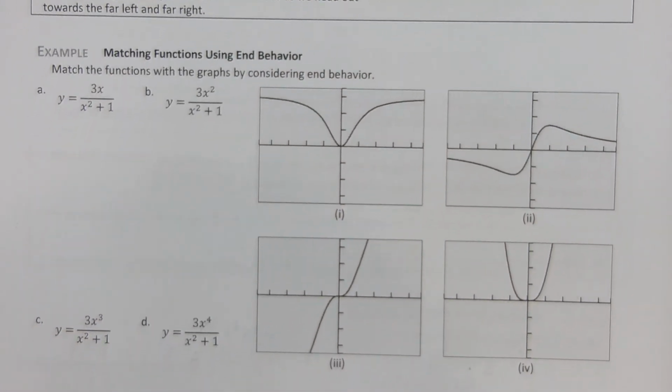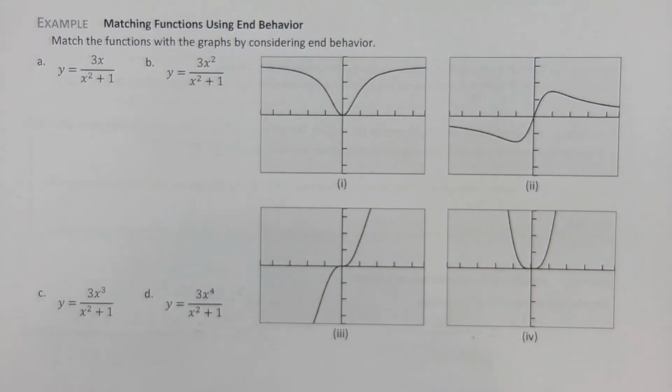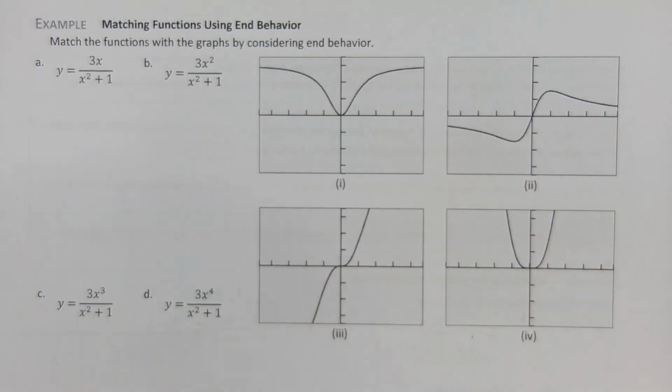So our final example of section 1.2 is just a matching question. Here we have 4 equations and 4 graphs. We're going to match them without knowing what the graph actually looks like, and we're going to do that using our end behavior, meaning we're going to allow our x values to become gigantic. So for part A,